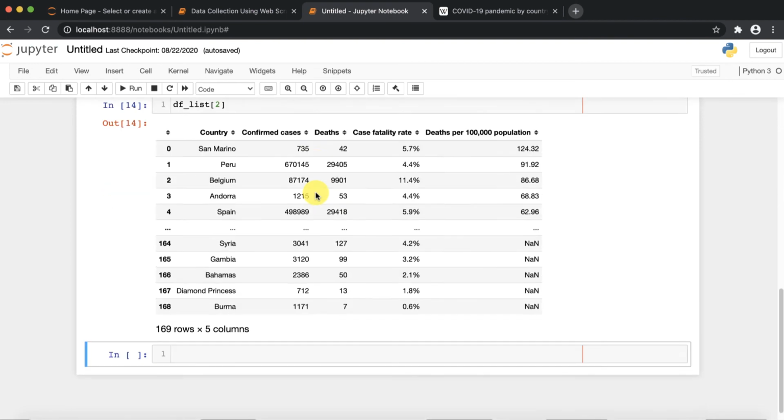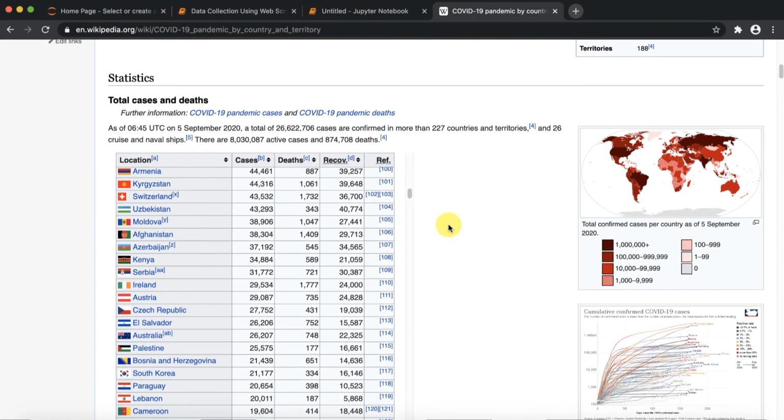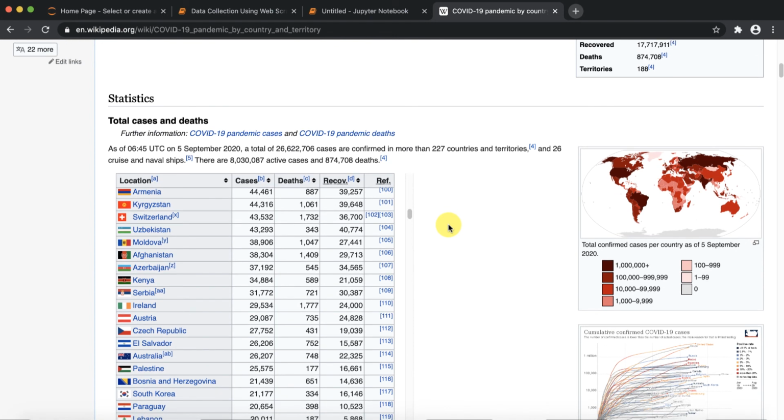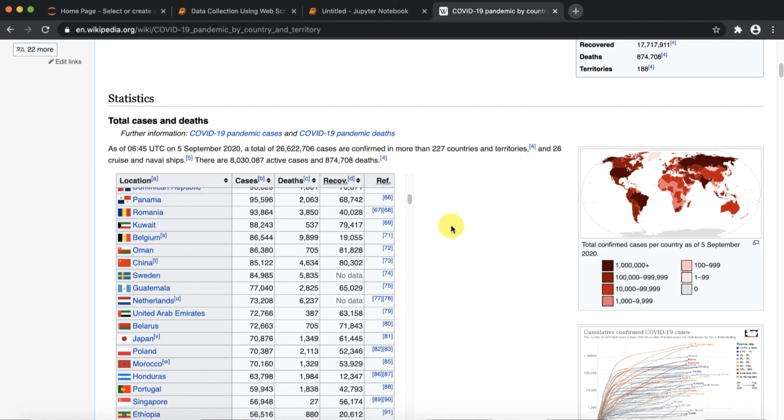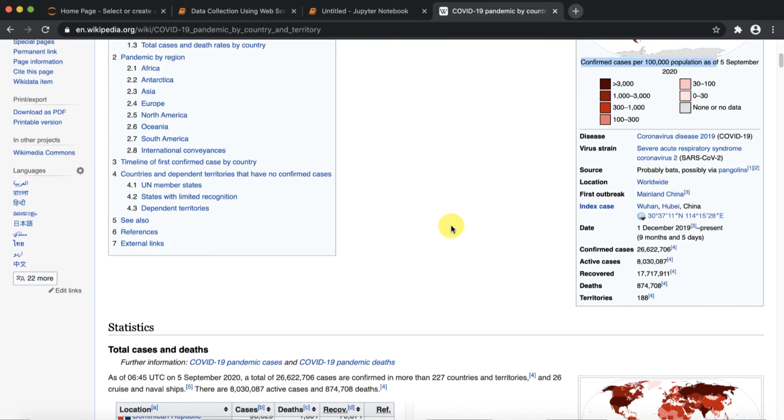But in our previous list, there is some unwanted data also. In this table we fetched, one column is not required, it is unwanted. So how do we deal with that and clean it up?